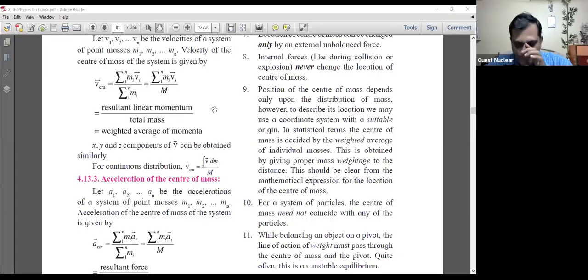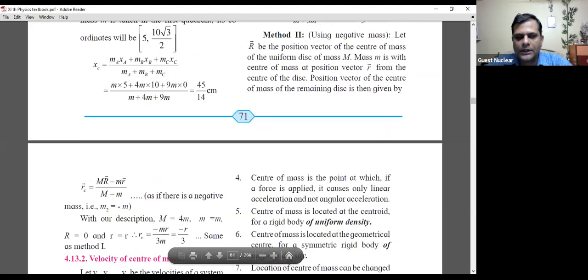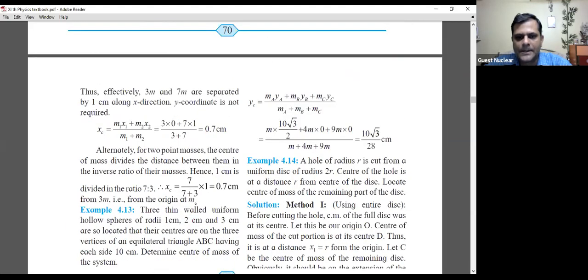Okay, you can just see the screen now. Yes. ये आपका टेक्स्ट बुक है. ओके, तो इसमें अभी हमने जो फॉर्मूले देखे, तो